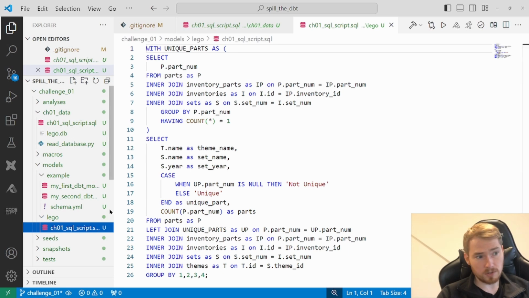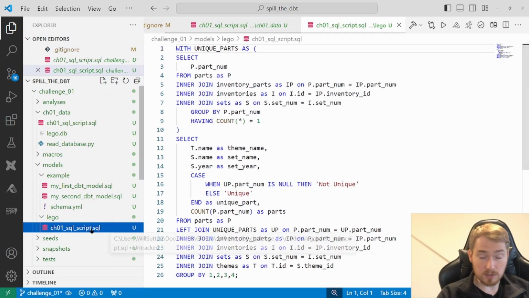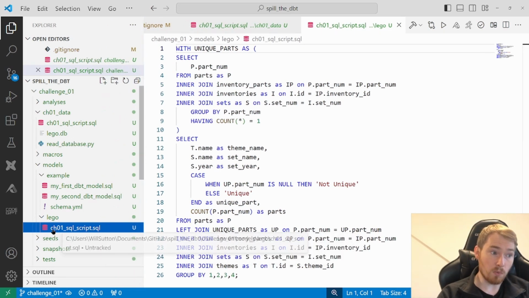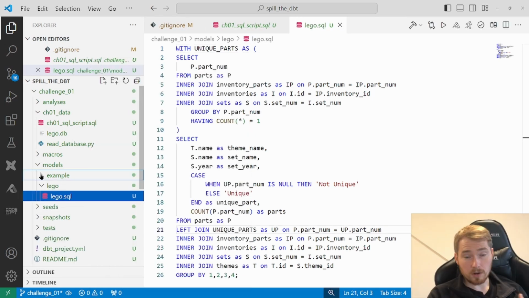Now, one thing of note, when you run this model, the table it creates will be called this. So it's good practice to name these things what you want them to be called. In this case, I'm just going to call this file Lego, as I want the table name to be called that. Okay, now to get this project to be run, I need to go and add it to the